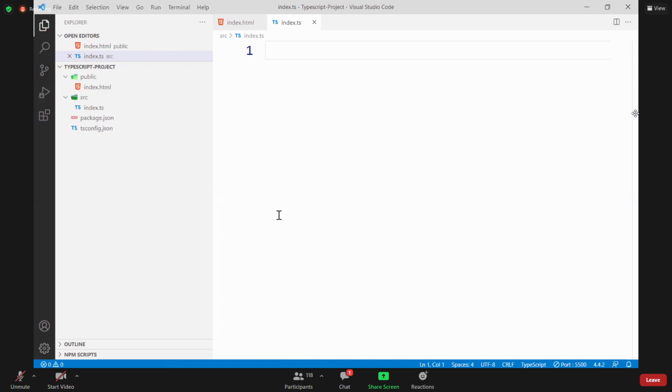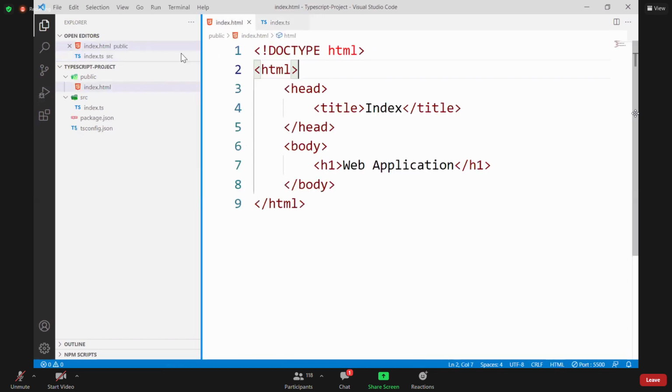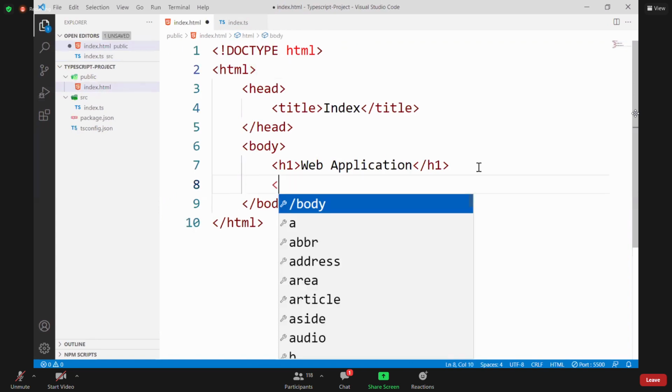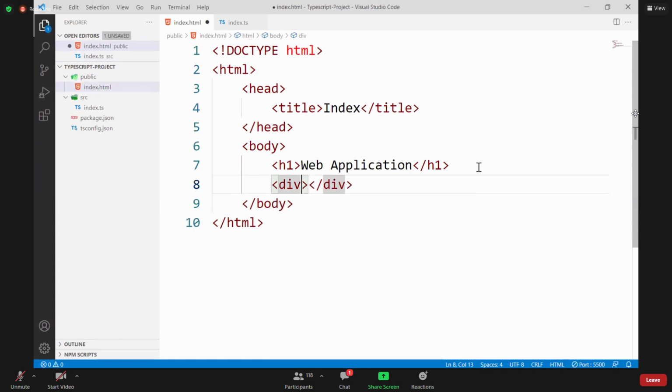See, in the index page, we have a div. This div has an ID as container. Now in the container, I want TypeScript to display some message dynamically.